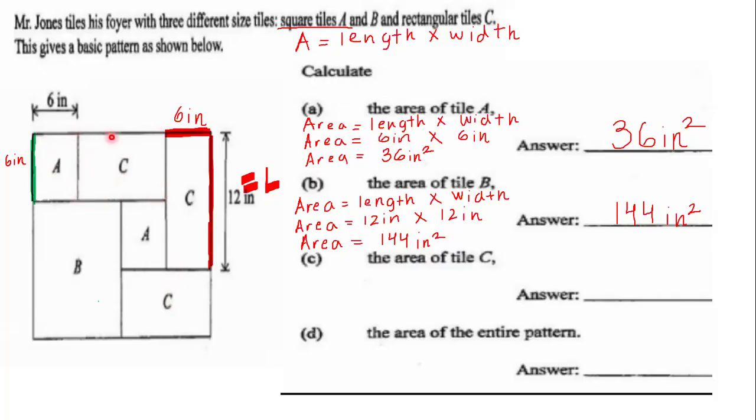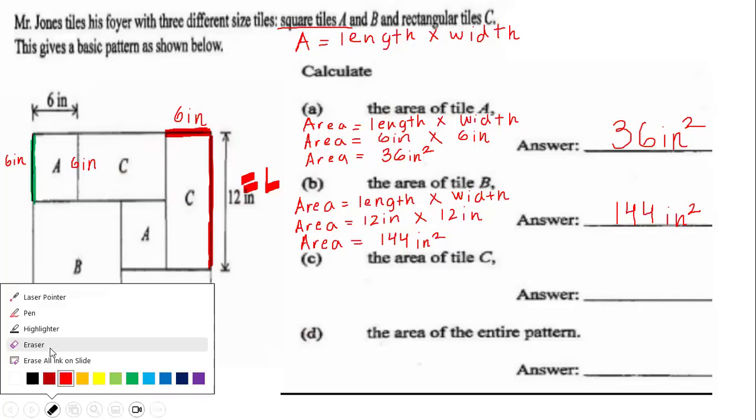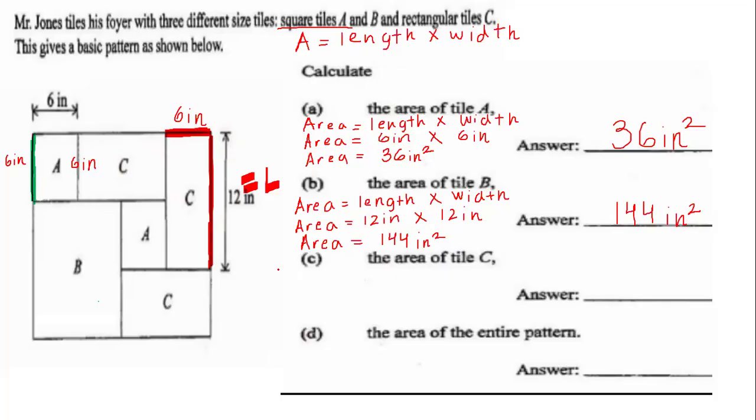But if we rotate it to the vertical way, we could know that this same side right here, if we flip it in the vertical direction, an up and down direction, is 6 inches. So if this is 6 inches, which we know from A, then if we flip it so that it's up and down, it's going to be 6 inches too. So this is going to be, area is going to be equal to 12 inches. So area is going to be equal to,